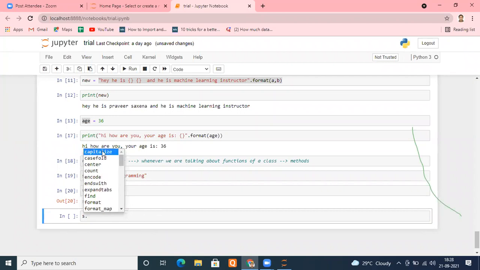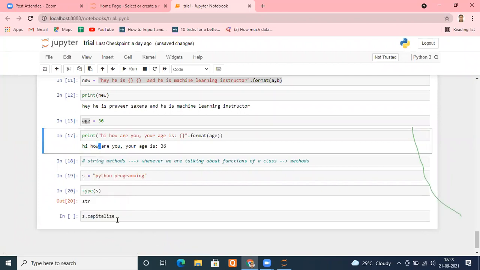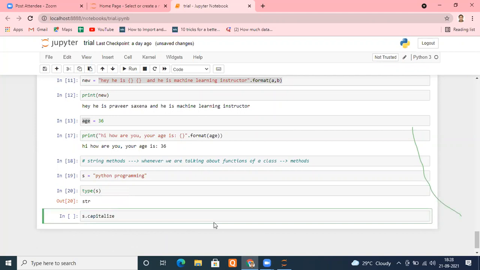Suppose I take the first function, that is capitalize. Just click it or press tab, and it comes. Once it is there, put brackets. I told you, how will you recognize it is a function? You will see these two brackets after it. There are certain functions where we need some argument. Argument means the input from your end. We will come to some functions which will ask you to put the input inside these brackets.